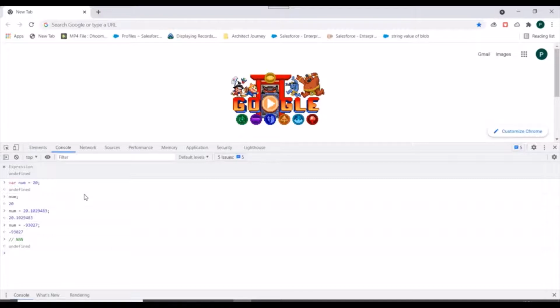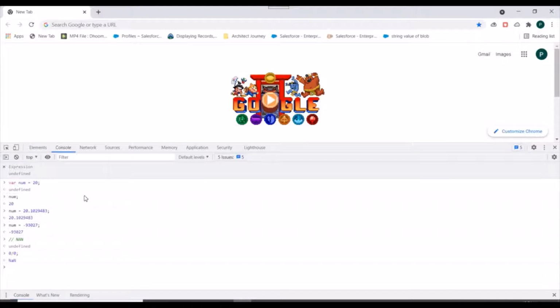For example, consider the arithmetic operation 0 divided by 0. We do not know what we should represent as the result of this, so it is represented as NaN, not a number. Similarly, other invalid arithmetic operations, for example the square root of a negative number, will also result in NaN.